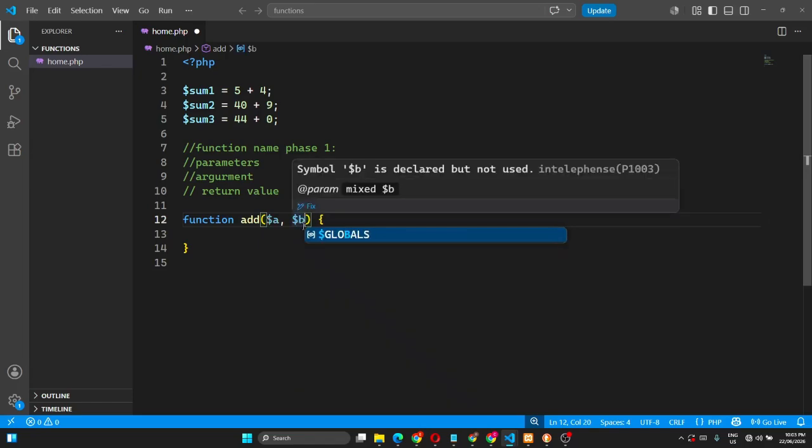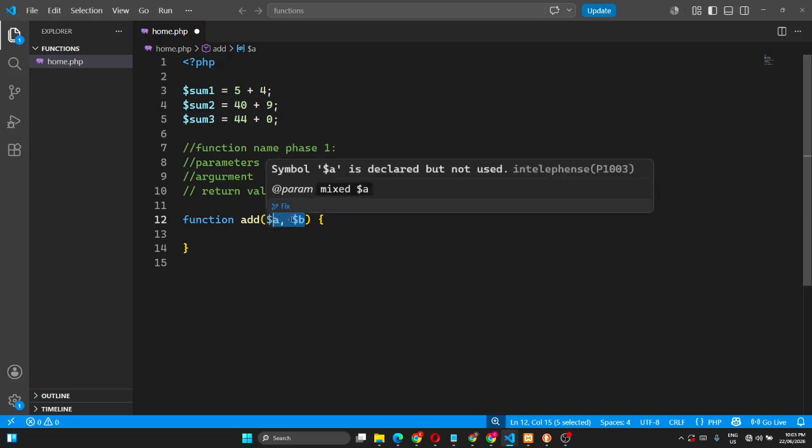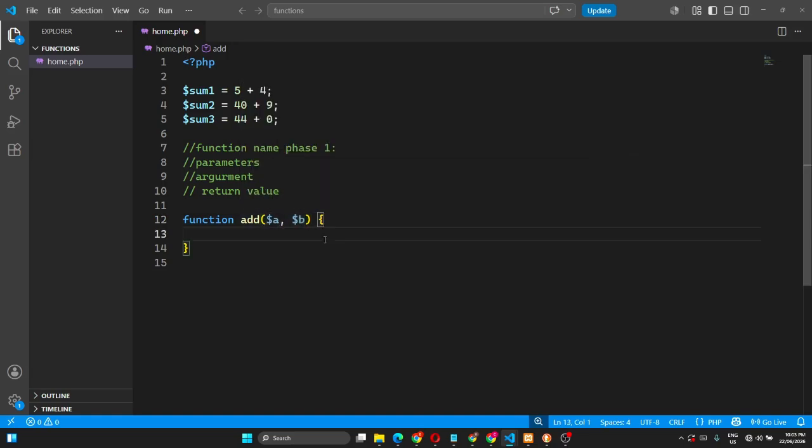So these things are more like variables. We shouldn't use big terms to make you all feel bad. These are all variables we are adding into our function, so they can store the numbers the user will be inputting, right? So we've got A and B, which are called parameters. At the same time, they could be called variables. Then I'm gonna pass in my arguments, which are,